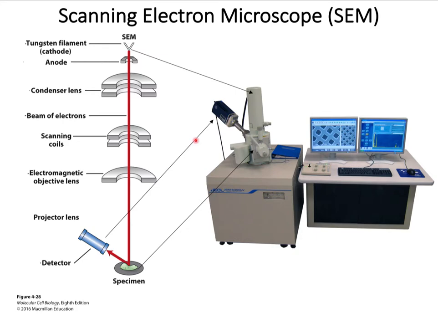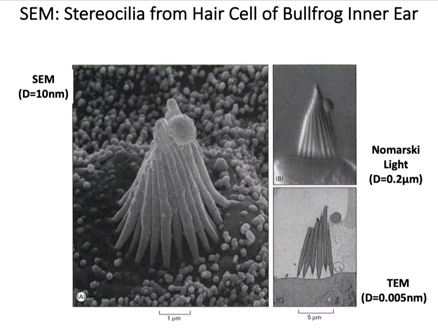Here is another rendition of the working schematic of the SEM on the left and a typical SEM setup on the right, showing the placement of some of the key parts in the instrument. Note that there is no optical visual port or eyepiece like you have seen in the TEM in an SEM setup. The deflected electrons are detected by the detector, and the image is processed computationally to project only on a monitor or a camera. Here is a comparison of scanning EM with a transmission EM and a Nomarski interference microscopy,